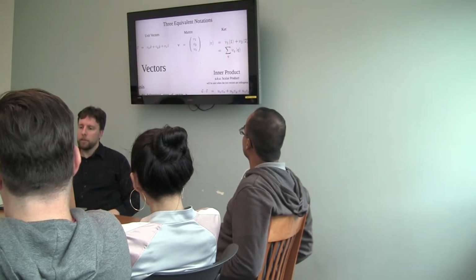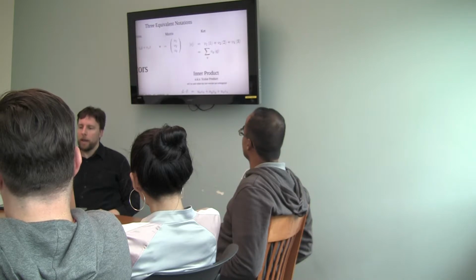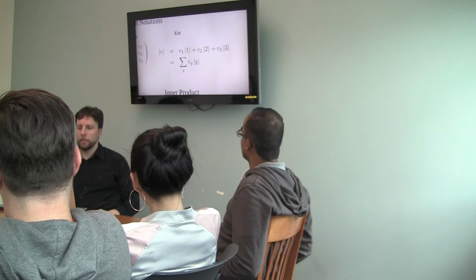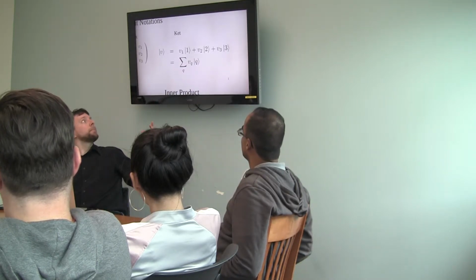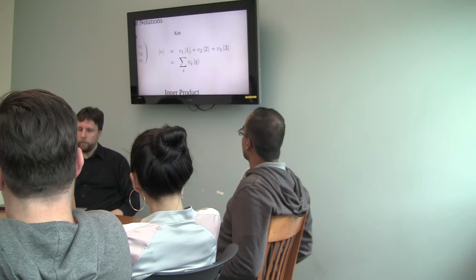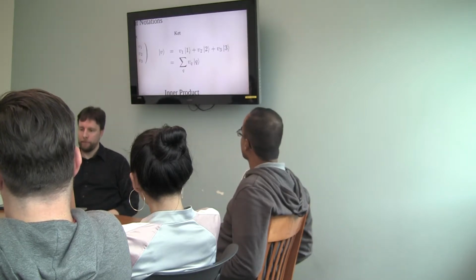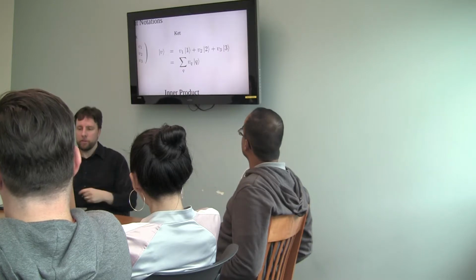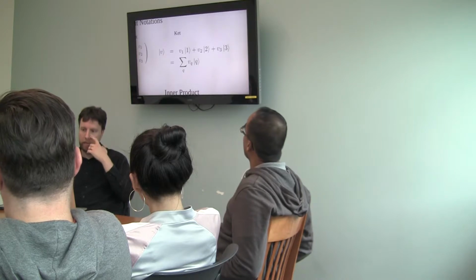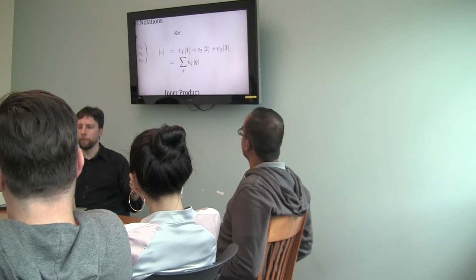In quantum mechanics, one of the notations that's used a lot is this Ket notation, which was invented by Paul Dirac. And I'll tell you why it's called Ket in a second if you don't already know. So it looks a lot the same. You've got the coefficients and essentially these unit vectors, except the unit vectors now are in this weird non-symmetric bracket. Okay? So we call the unit vector for the X direction 1, the unit vector for the Y direction 2, the unit vector for the Z direction 3, and then we have the same coefficients that you saw before.